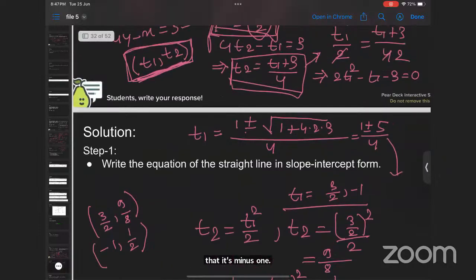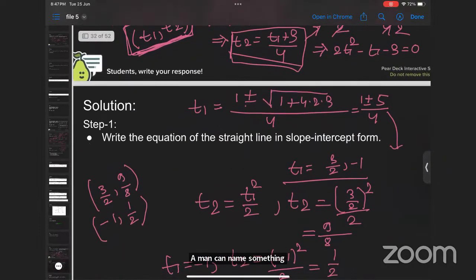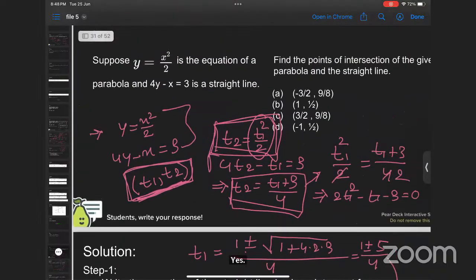Ma'am, can I ask something? Yeah, sure. So basically, ma'am, the parabola and the straight line are intersecting each other, right? Yes. In this scenario, the x and y will be the same. So if we get the value of x in any of the equations that we have, like the parabola and the straight line,